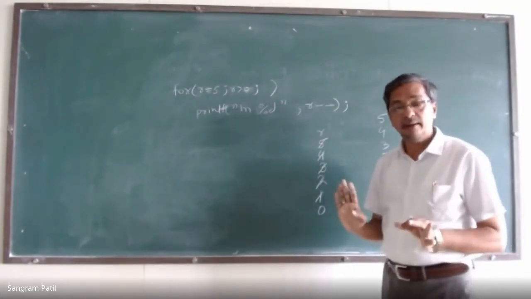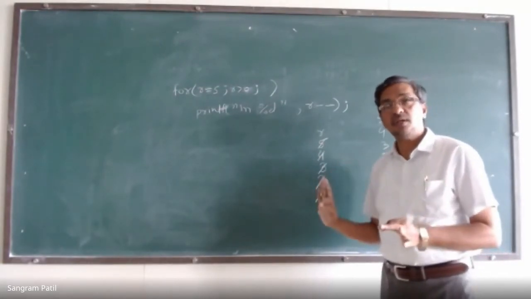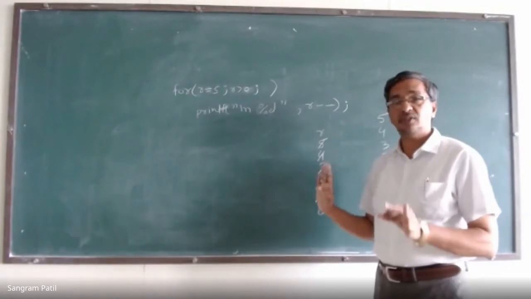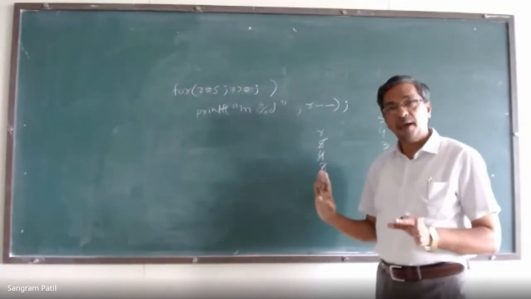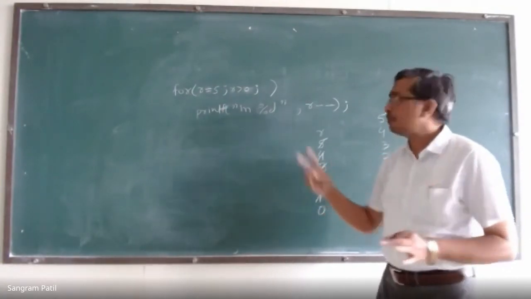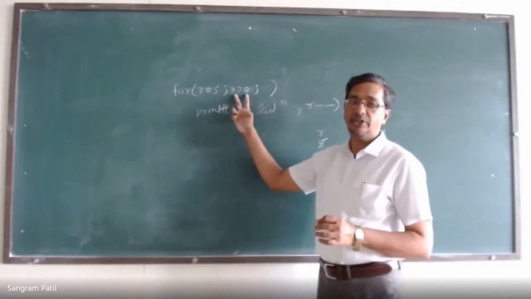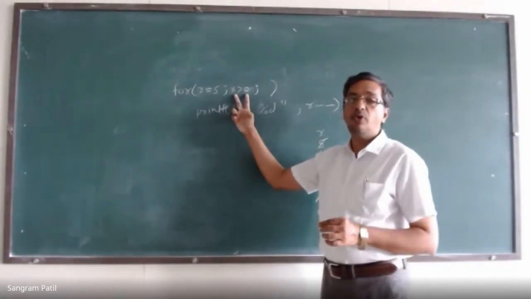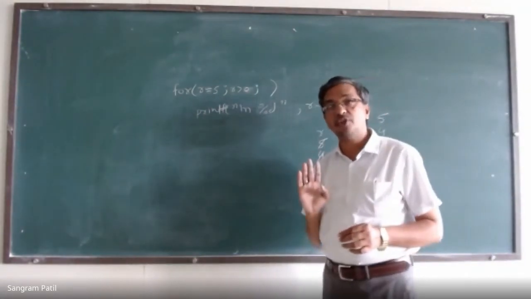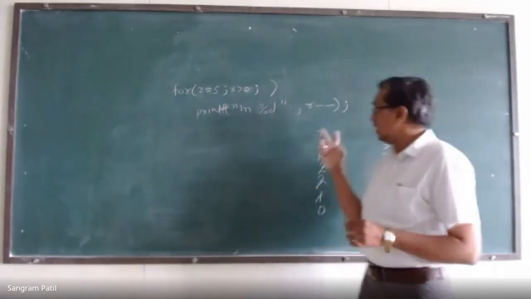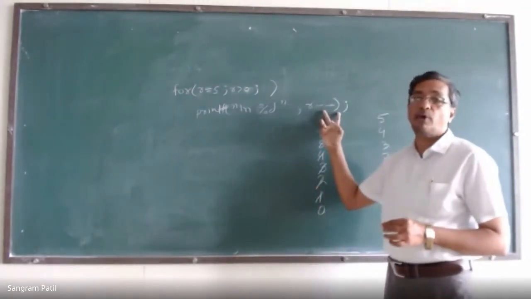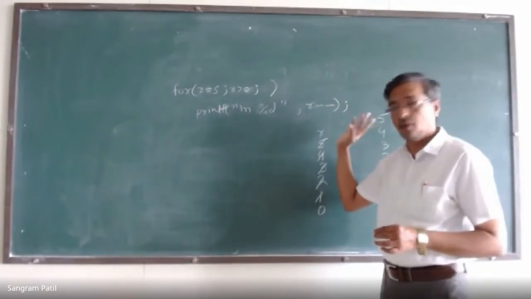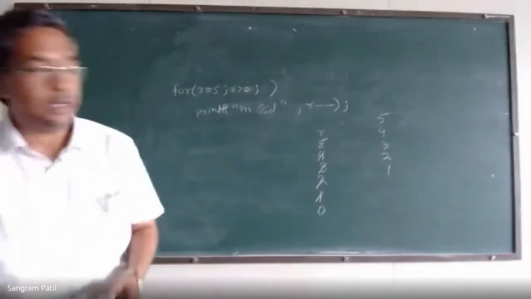So at the end, why we use expression 3? We use expression 3 to modify the value of the variable which we are using for the condition. How you modify it depends upon your programming situation. So here I am printing it and then again I am modifying it. So this works. Also, it works like this also.